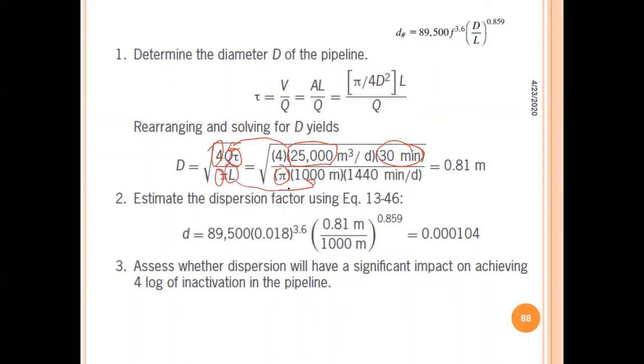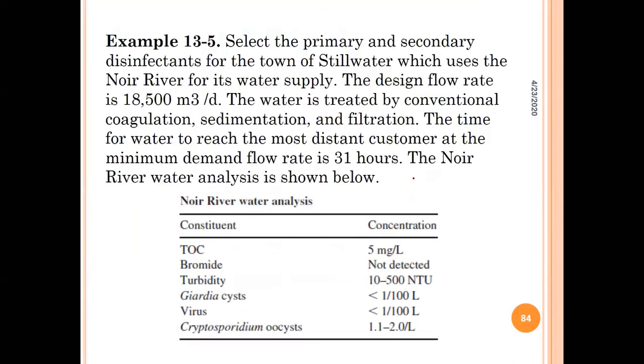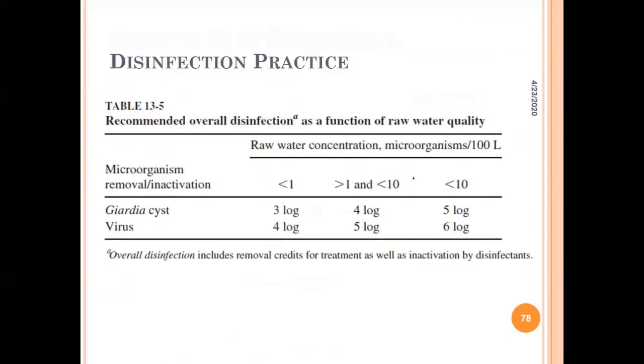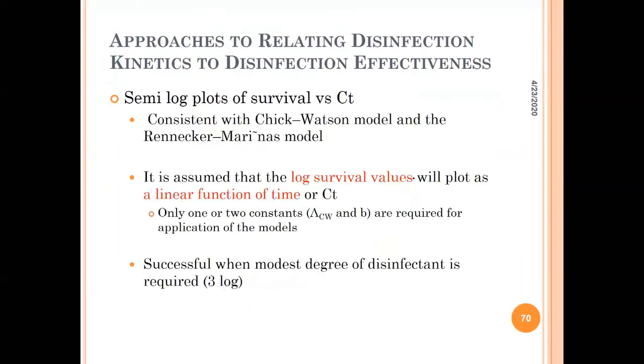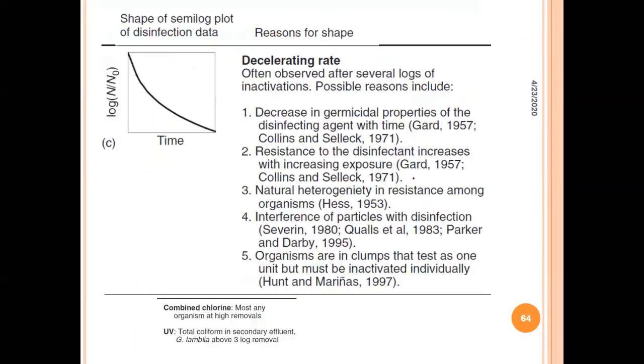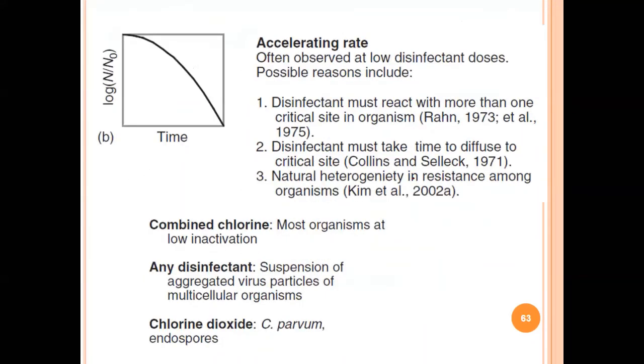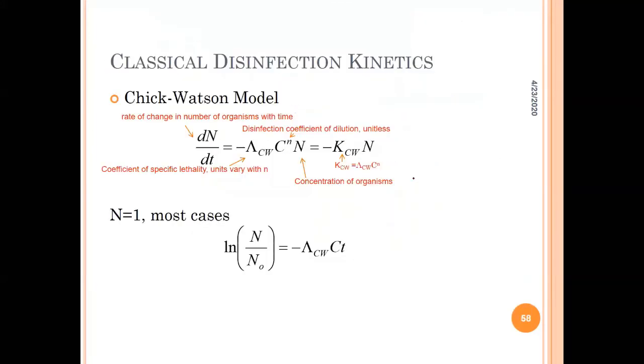So you see here, this is cubic meters per day, and here this is minutes. So you have to convert minutes into days. This is the conversion of 1440 minutes in 1 day. So it converts these minutes into days. Okay. Anything else? So your homework is, of course, to read all of the relevant sections, especially the kinetics, which I discussed earlier.